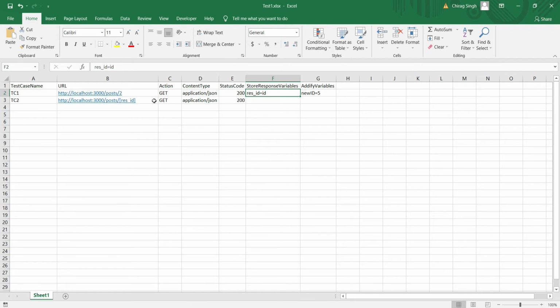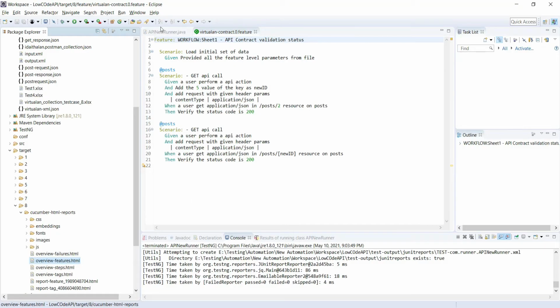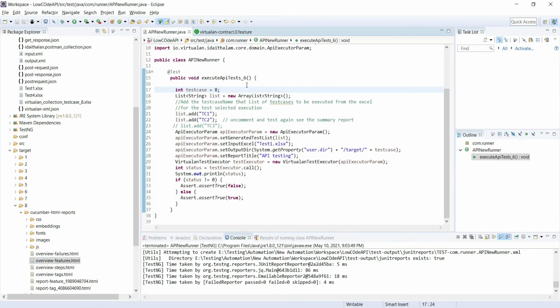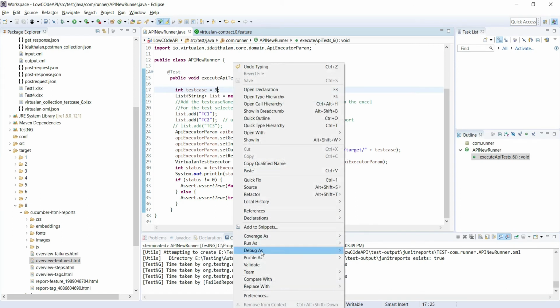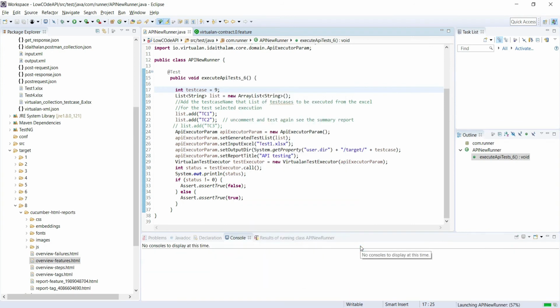So it will hit the same request because we are getting ID 2, and it will pass the ID 2 on the URL. So let me open Eclipse and change the test case name here and save it, and I will run this and we will see what the result will be.